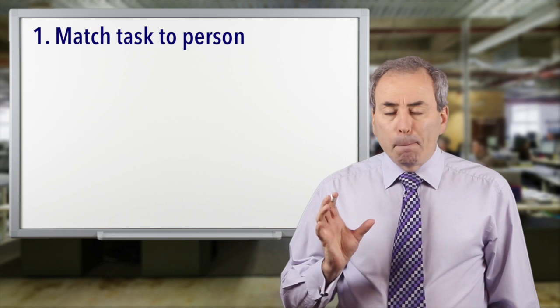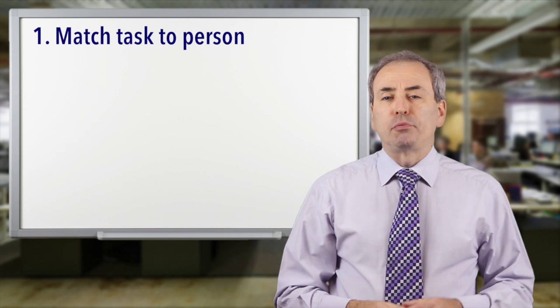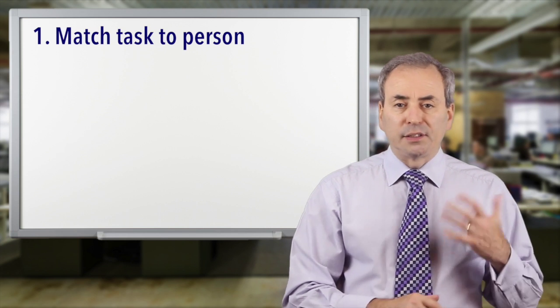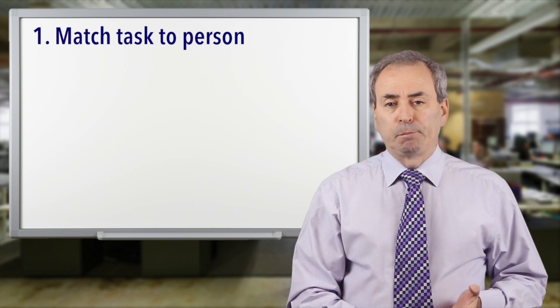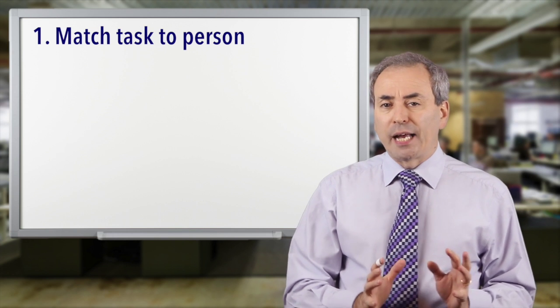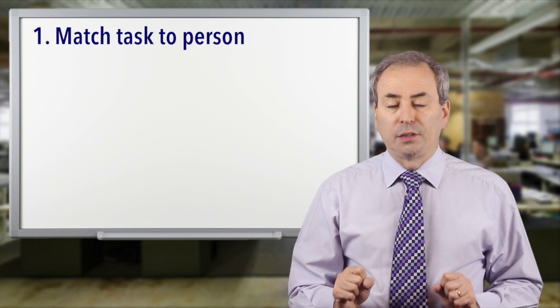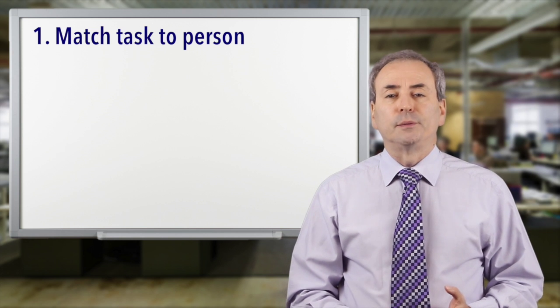And there are 4 essential components to delegating well. And the first is matching. Match the task to the person. Understand precisely what it is that you need, and then survey the people available to you. Understand their skills, their enthusiasms, their strengths, their weaknesses. Understand their preferences and understand their availability, and then choose tasks that will help the individual to develop, to learn, and to demonstrate to them your trust.